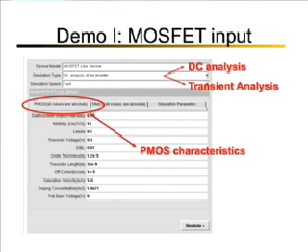Finally, let's look at some of the demo. I wanted to just show a few screenshots of the tool and show how these different values can be provided to the tool. So what I'm looking at here is essentially the first screen that you will see once you open up this tool. So on the simulation type, we can do a DC analysis,